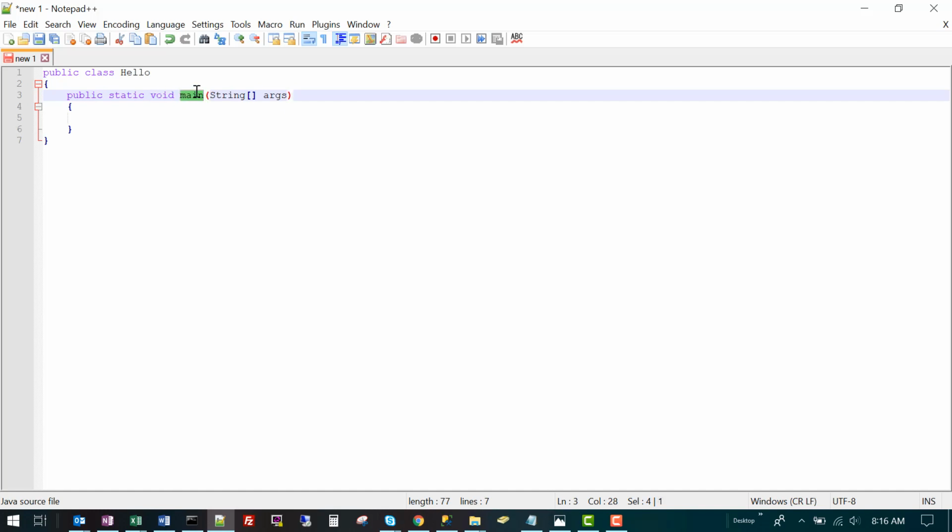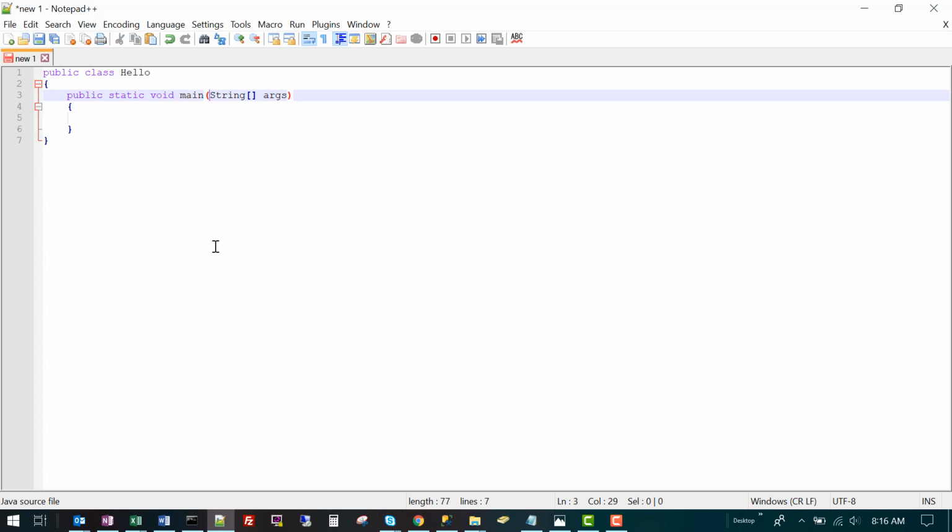Main, much like hello above, is the name of this method. For all intents and purposes, this is a user-defined identifier for the block. However, in the Java programming environment, it will expect you to have this main method, this method called main. It will be looking for that as the place to start when you run your program.